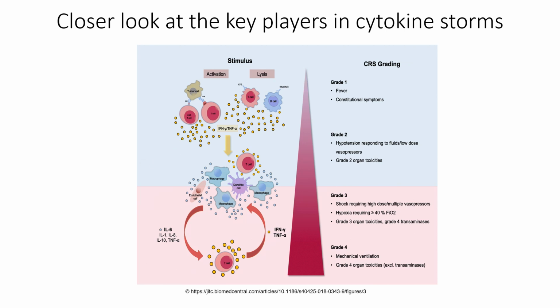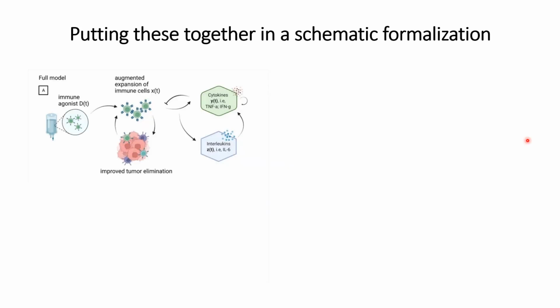That is at least how we think about the cytokine storms. Okay, so we're modelers, so we want to put together these mechanisms in a mathematical formalization. So we started with a slightly bigger model. You have your immune cell agonists that can cause maybe augmented expansion of immune cells, that maybe improves tumor elimination,